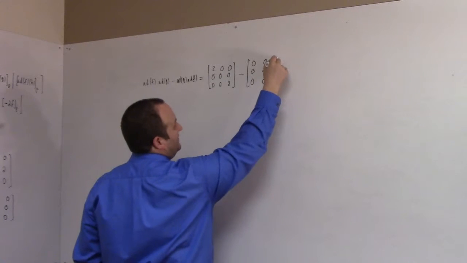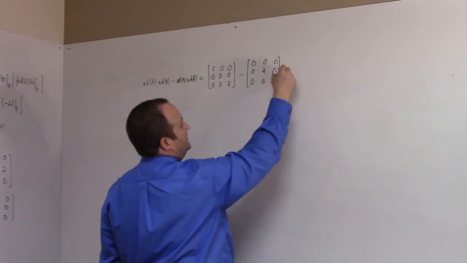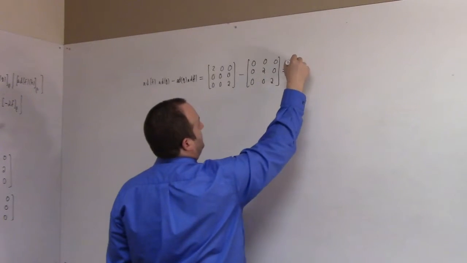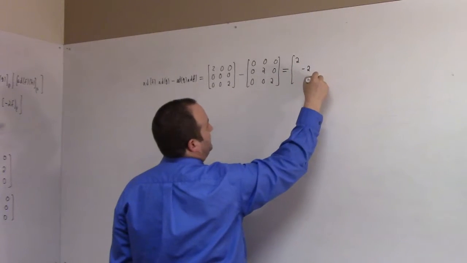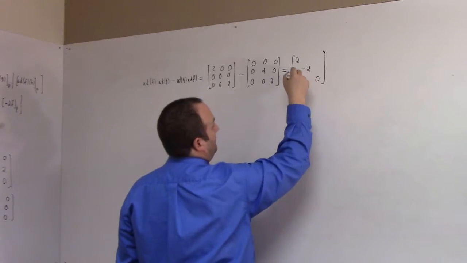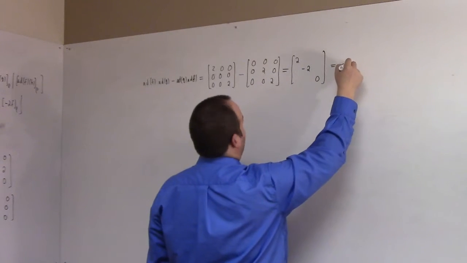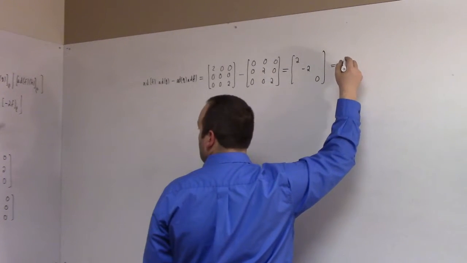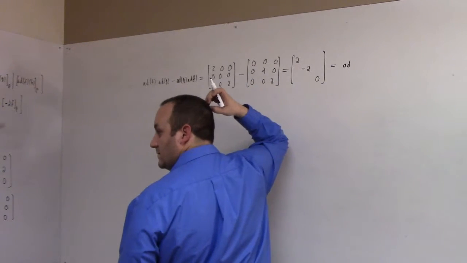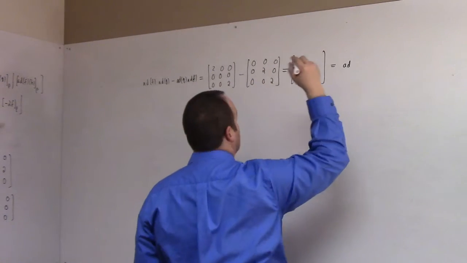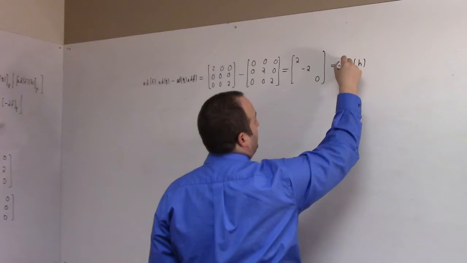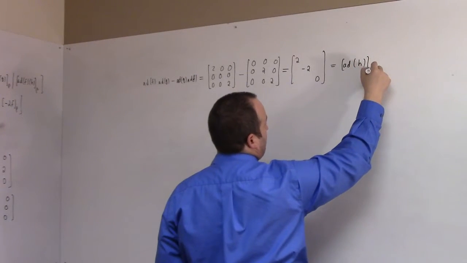Cool, check that out. So this of course is 2 minus 2, and the 2's cancel. Which of course is what? That is the joint of H. That's just a joint of H. And of course here I'm talking about the matrices, but